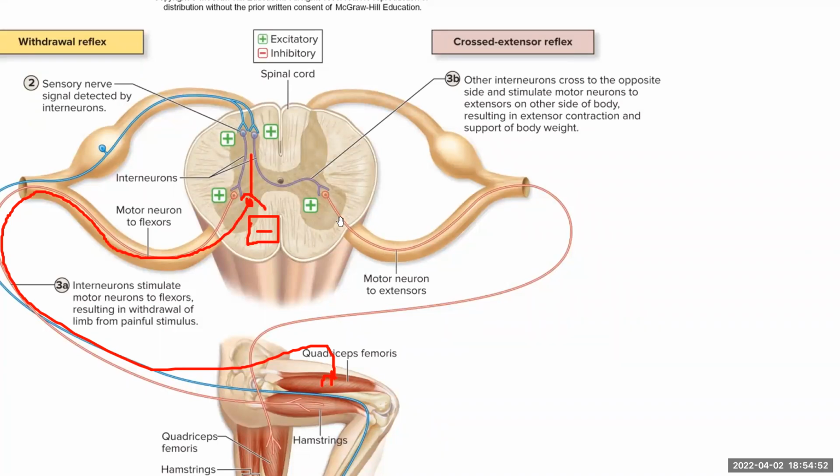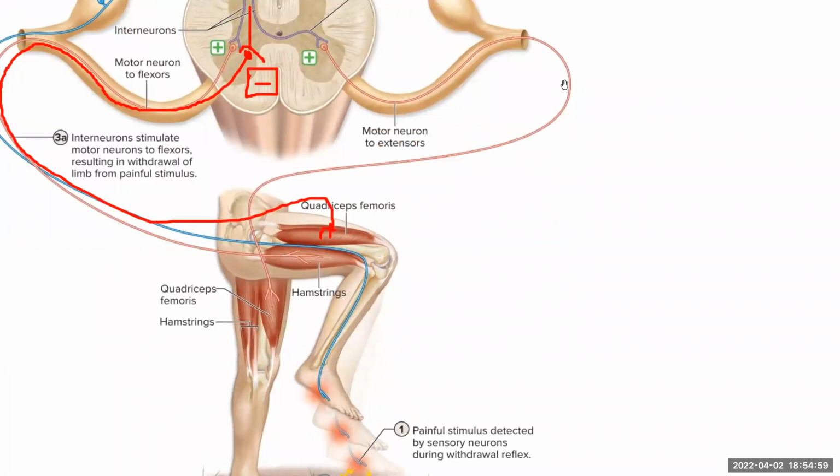And so that motor neuron exits out of the anterior root, enters into the spinal nerve, then goes out to the lower extremity. And so you'll see it travels down, and it is going to stimulate the quadriceps muscles in the other leg, and that keeps the knee straight and allows you to bear weight of your body on this limb as you withdraw the other limb away, so you don't fall over.